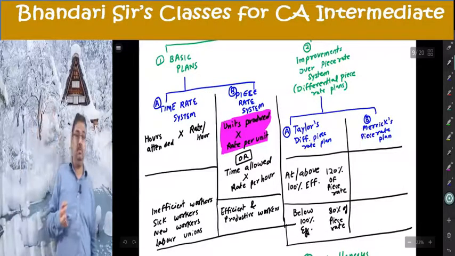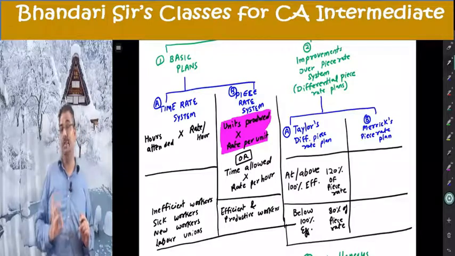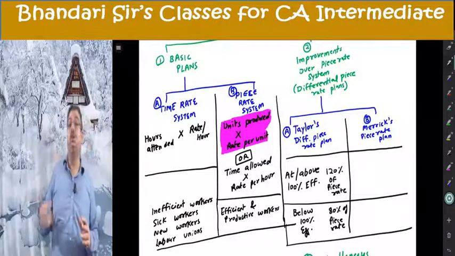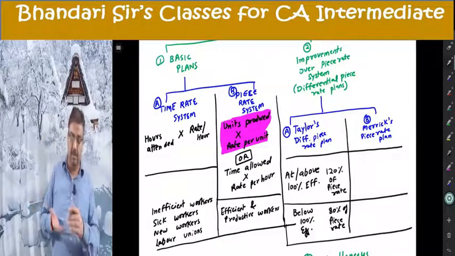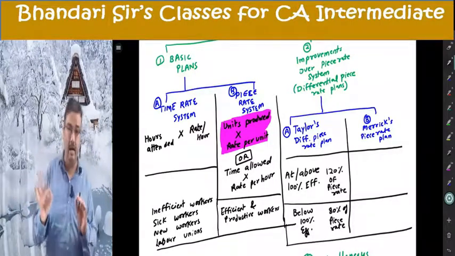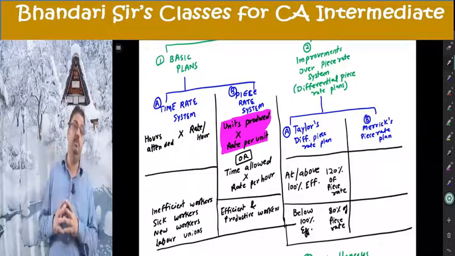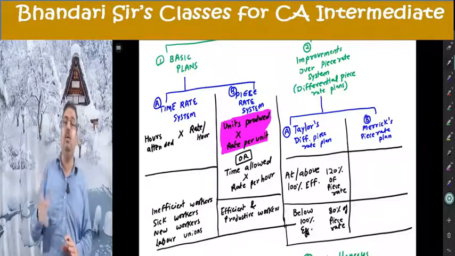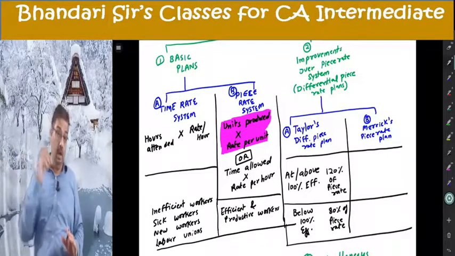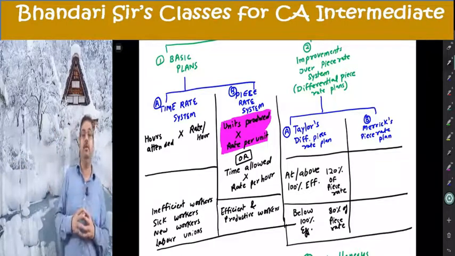There are some authors, even in institute module, it says instead of 80, 120, 83% and 125%. 83% means lesser penalty, 125% means more reward. So it can be anything. According to Taylor, you must produce the target given to you or more. Then you will get 20% more or 25% more. If you don't finish your target, you get a penalty. Penalty is not liked by any worker. This is the only plan in all plans who is talking of penalty. No other plan talks of penalty.